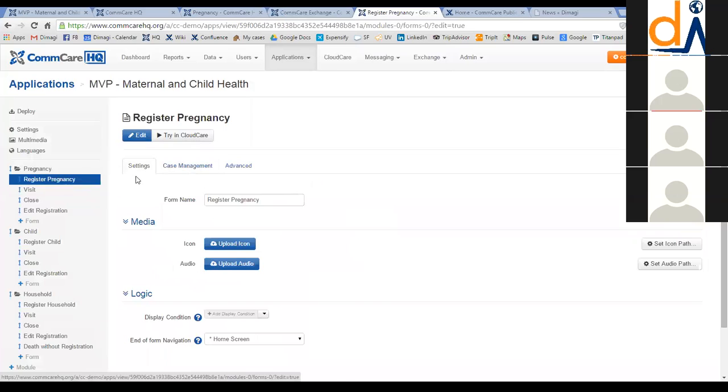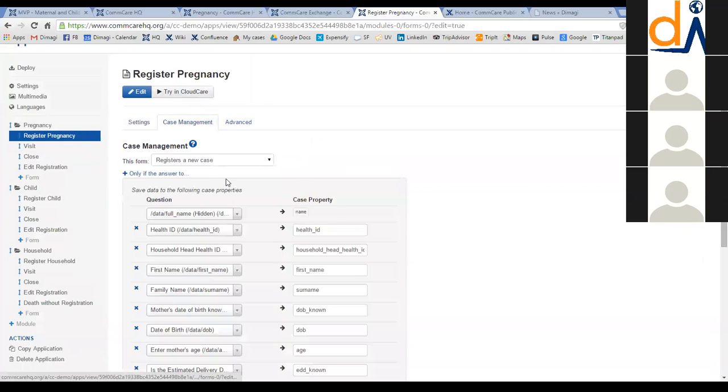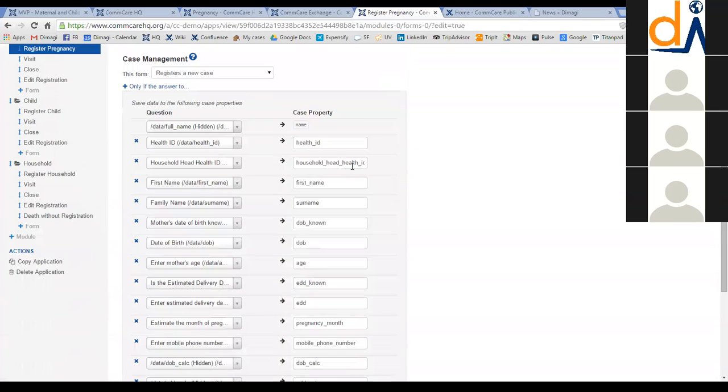So if you look at the settings here, it says form name. You can actually add logic in for forms. And here's the case management for this form. So this form is saving. So this form is registering a new case. All right. We could also update or close a case and register a case for a different